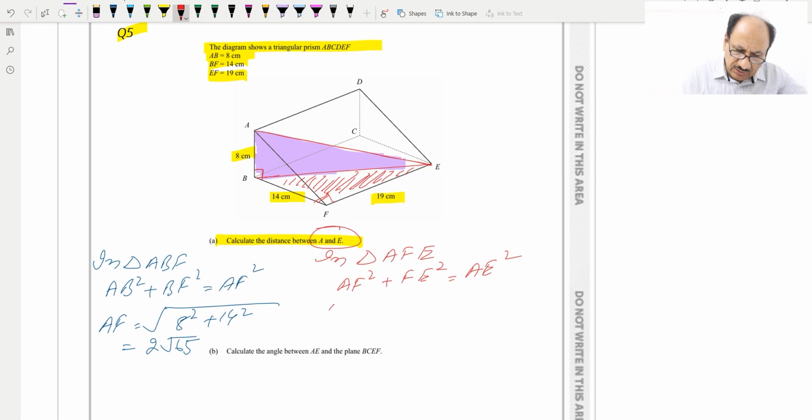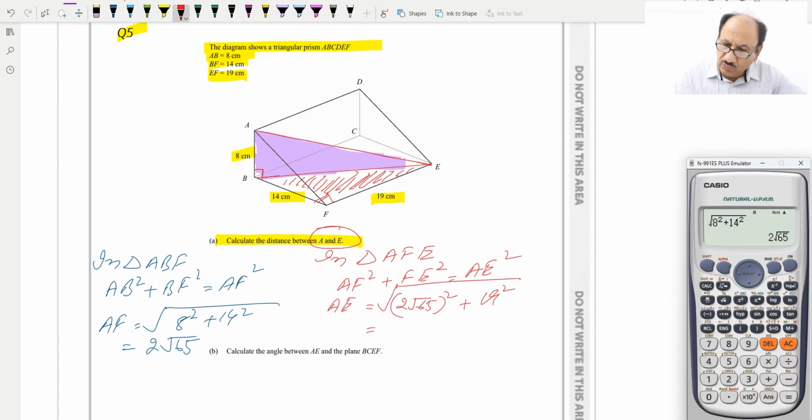So we can write AE is equal to the square root of AF square, which we found 2 under root 65, we will write square, plus FE. FE is already given, which is 19, so 19 square, and we will take the square root, and this is equal to 3 square root of